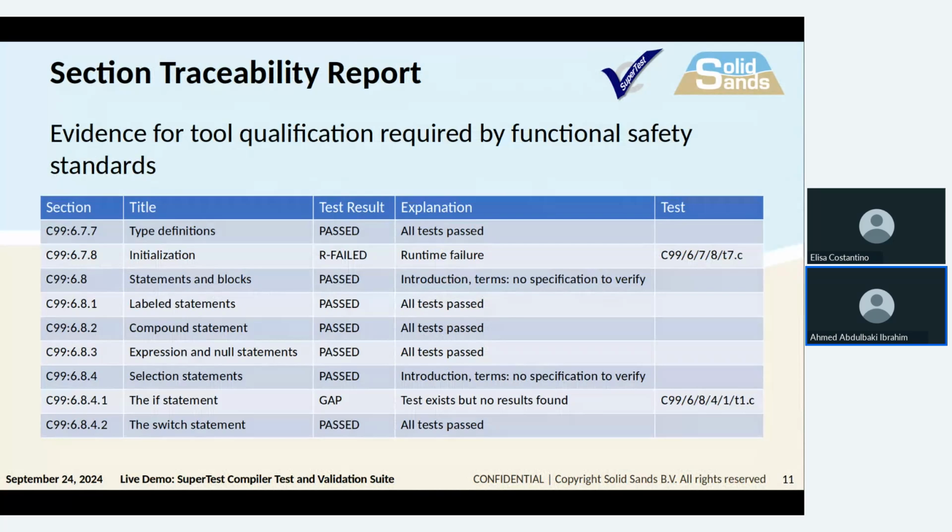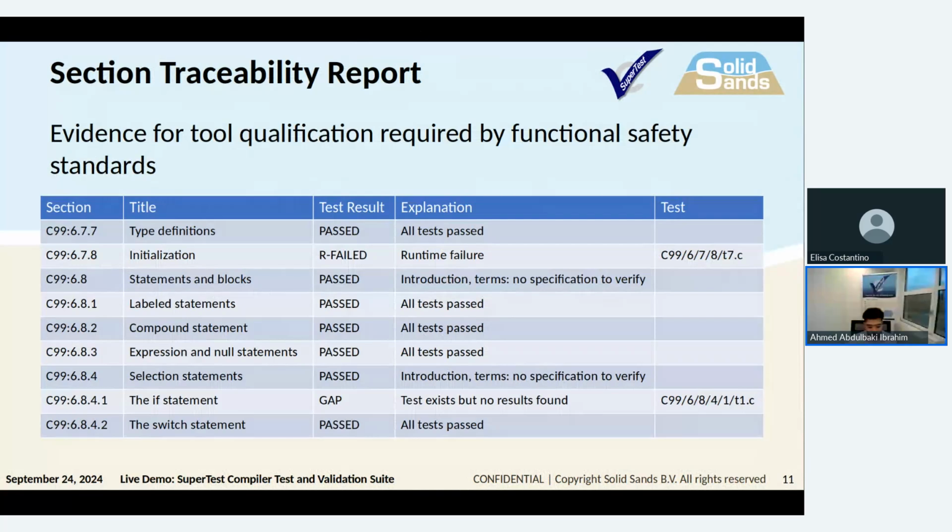mitigated. So a good example would be for particular constructs of the language that do cause a certain compiler setup to fail. The developers, let's say, of an application could be made aware of such constructs to document their effects and avoid them in source code. And such an avoidance would then ensure that the erroneous constructs are not encountered by the compiler. Now, this traceability report forms the evidence that tool qualification was performed as required, which brings us to an important element for the qualification process, and that is how the compiler is used,